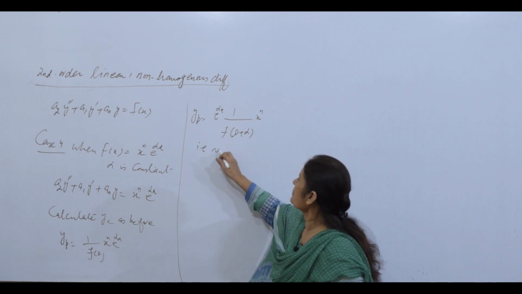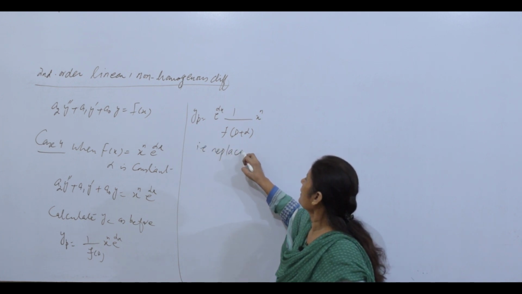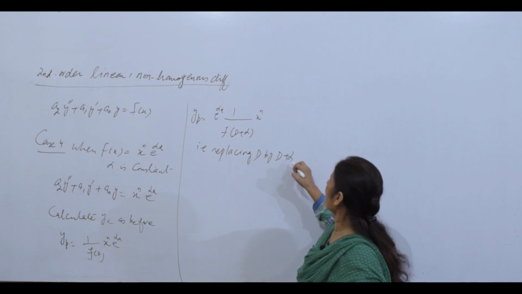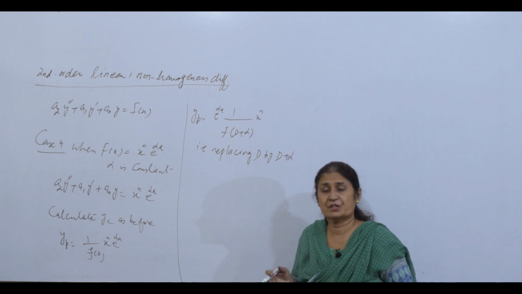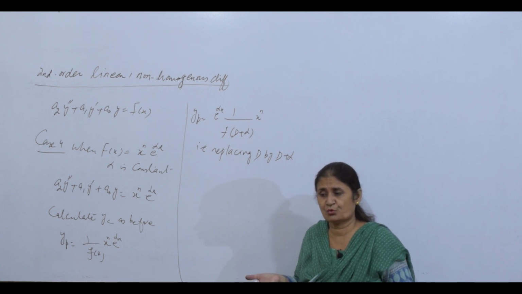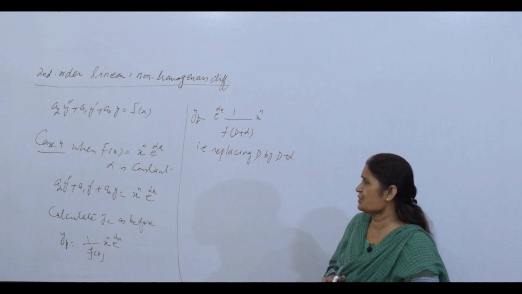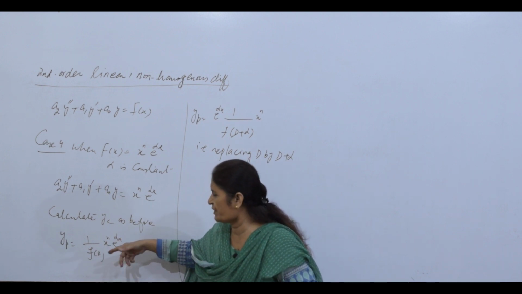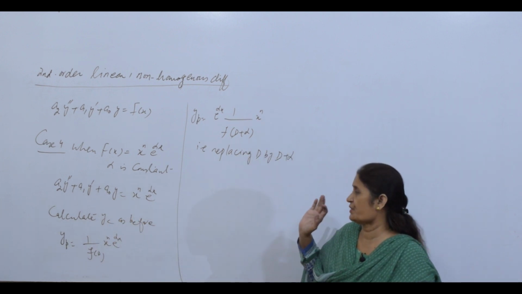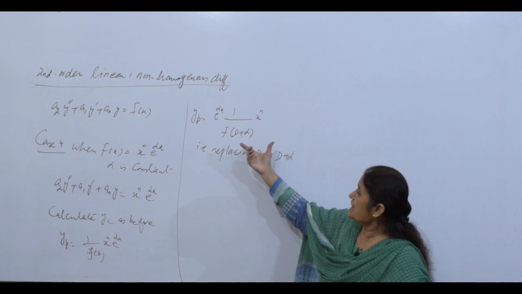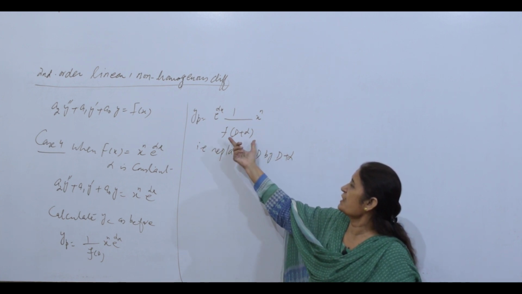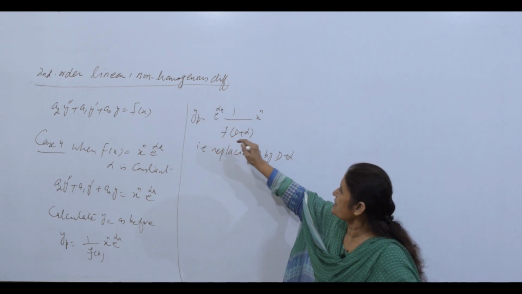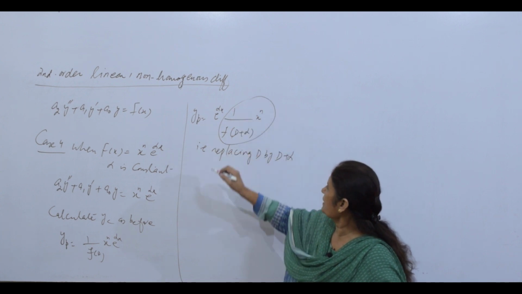That is, replacing D by D plus alpha. Look at that, not D by alpha. If it were D by alpha, then there would be no way to proceed further. So you are going to replace D by D plus alpha, whatever alpha is, minus 1, 2, 3, half, whatever it is. Still this will be a polynomial in D. The role of the exponential has been played by replacing D by D plus alpha, and this is remaining.